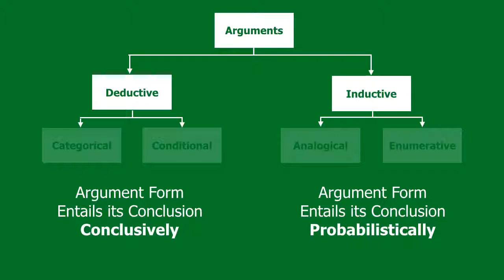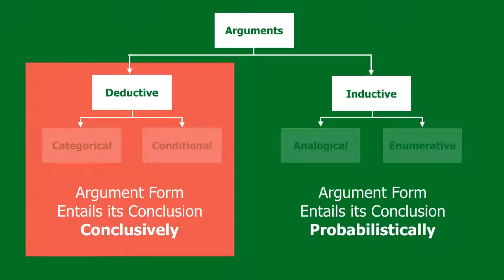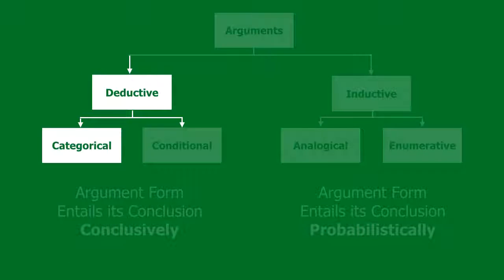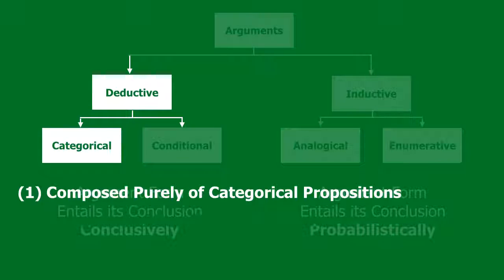We saw also in the previous lesson that logicians generally focus on deductive arguments. So in this lesson, we're going to study the first kind of deductive argument, namely a categorical deductive argument, which in classical traditional terminology of logic is called a categorical syllogism. Syllogism is just a medieval word for argument. So categorical deductive arguments are of two kinds, because the categorical argument can either be composed